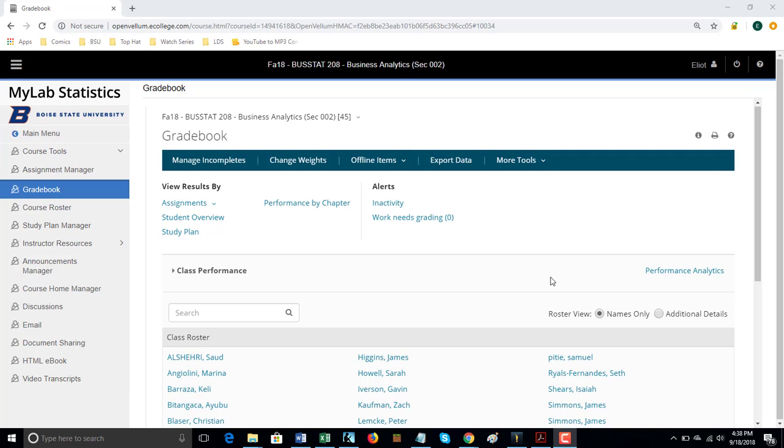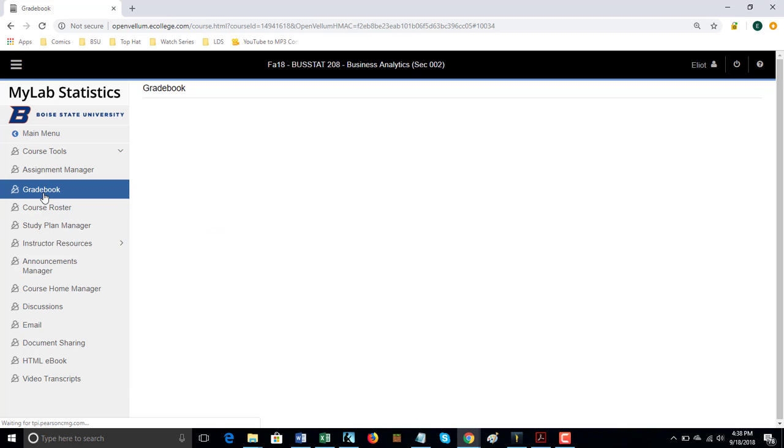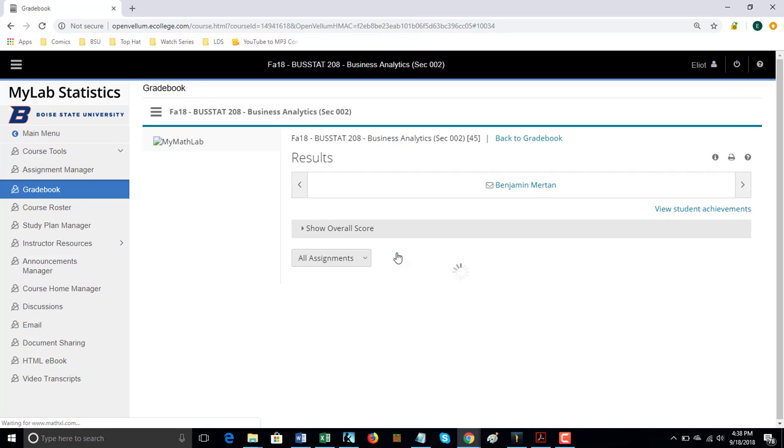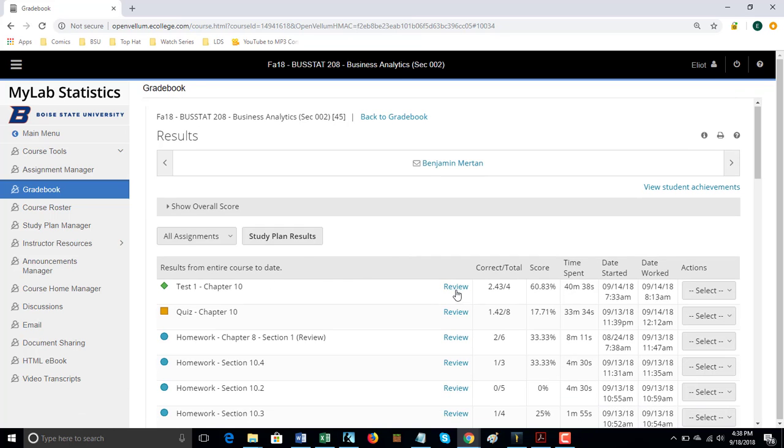Hey Brandon, so if you want to adjust grades for a student, you need to go into the grade book. Now my setup on the left, I put everything for instructors there, so your navigation will be a little bit different, but go into the grade book, select the student, don't pick one at random, go to the test and click review,